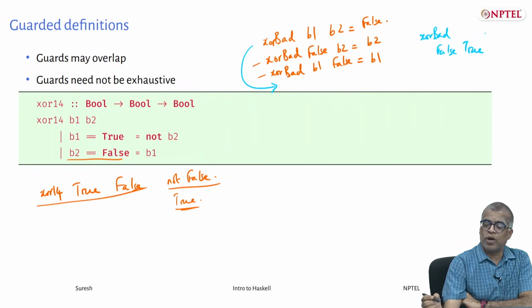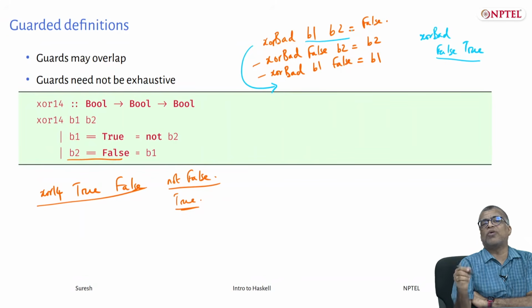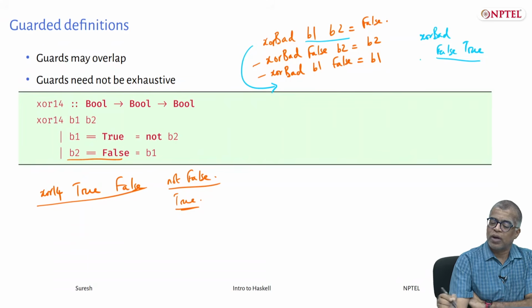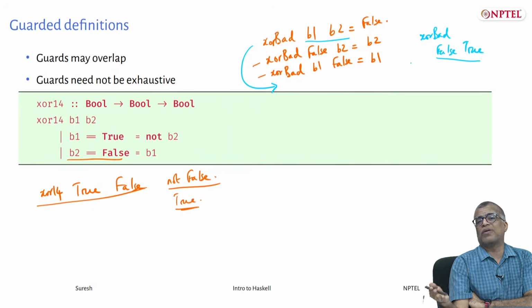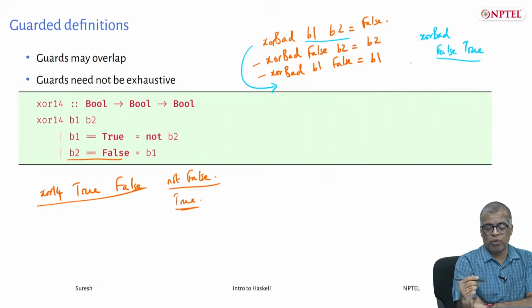what the Haskell engine will do is try to match this false true against the B1, B2, and it will match, because B1, B2 are variables and they are variable patterns, and they match any value that's provided as the actual argument. So this is a bad definition because it will always return false no matter what. Okay, so you should be careful when you do this.